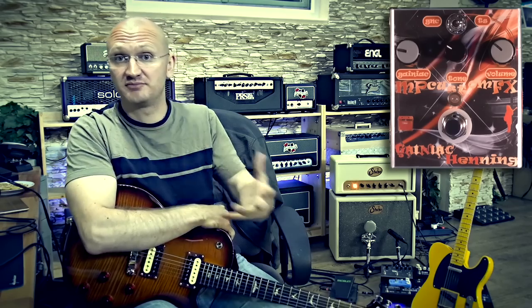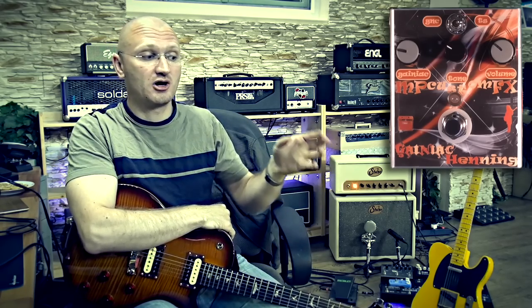Wow. It is incredibly versatile. Only with the gain knob. Now, I'm going to say this up front. The tone knob has a lot of high end, and you have to roll it all the way back to the left to get something usable. But from that point on, once you've dialed in that sweet spot, you never have to move it. All I do on this thing is I work with the gain, and I work with the switch